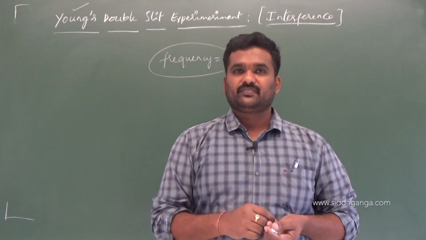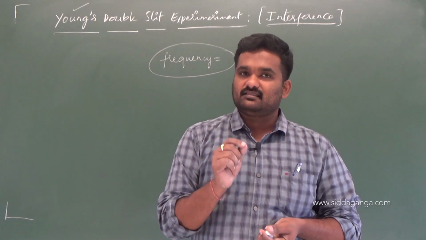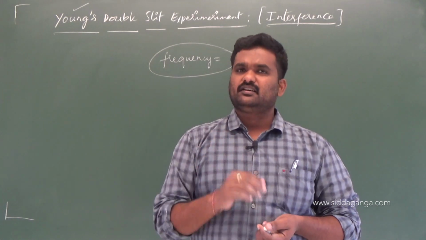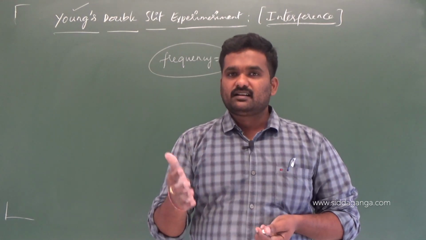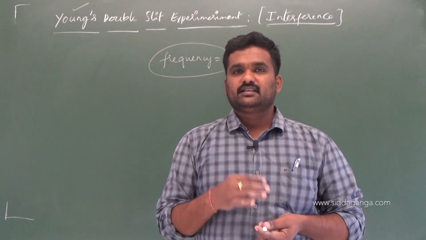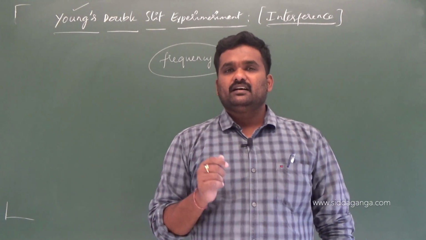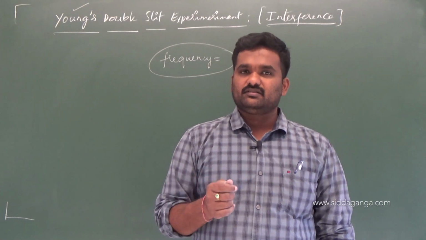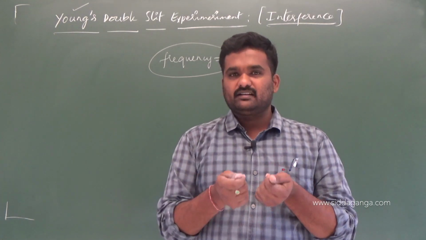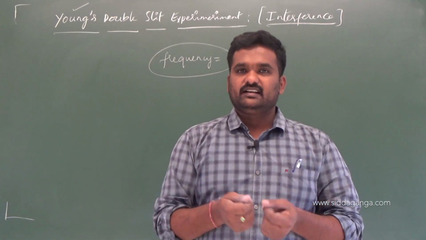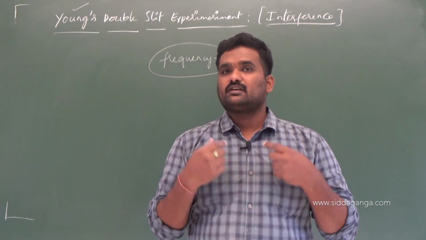What is that? Phase. The phase difference between the two waves which are going to be superposed should be constant. Phase should be the same for both of them, or the phase difference should be constant. If that condition is not satisfied, then you can never say that the two sources are coherent. So if I take individual highly intense monochromatic sources, like lasers, and both sources are run on 5 volt batteries and both are red in color, the frequencies are the same, but you can't guarantee that the lights coming from these two sources are going to be in phase.